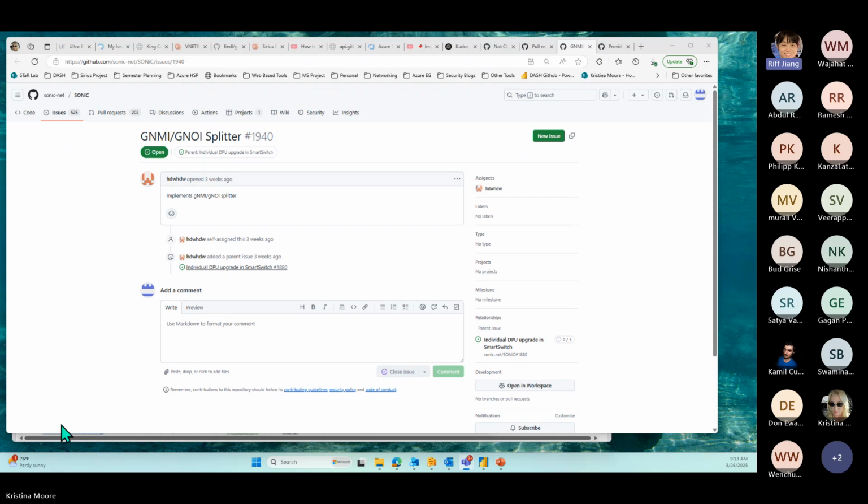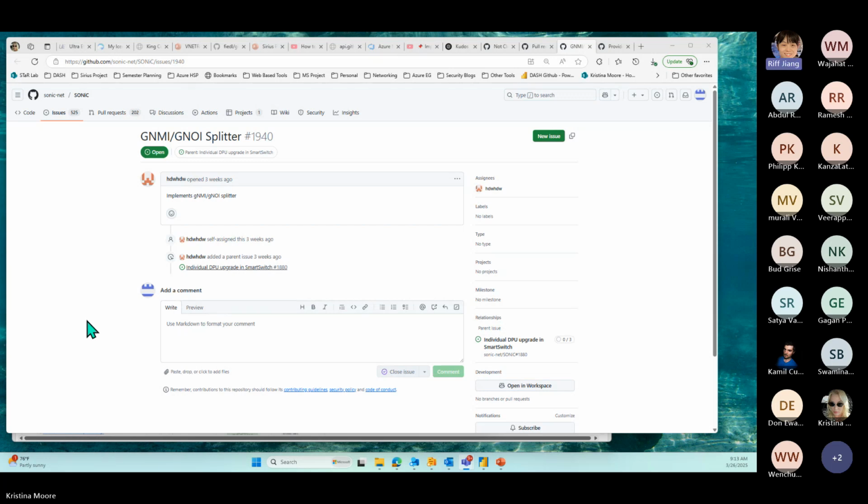In a smart switch virtual switch we have two KVMs, one simulating the NPU and one simulating the DPU, and I don't think those two services are connected together at this moment. However, if we connect them together, the pipeline will start to work from the splitter to the DPU.